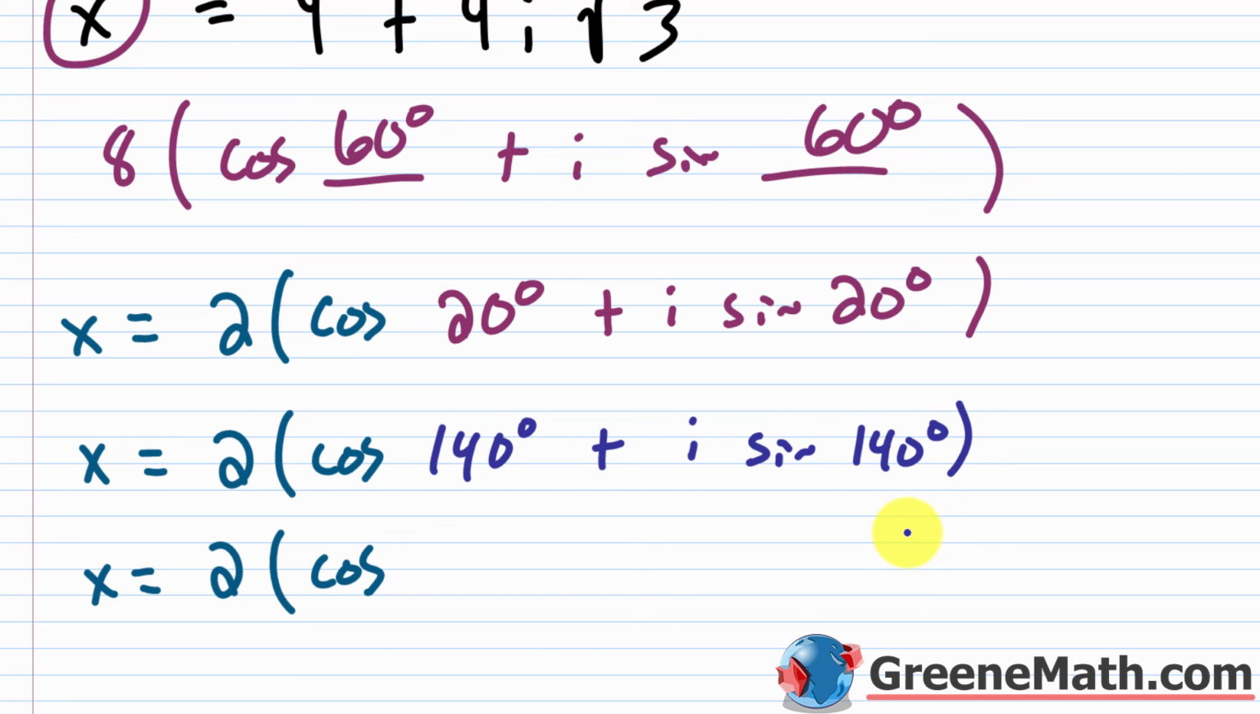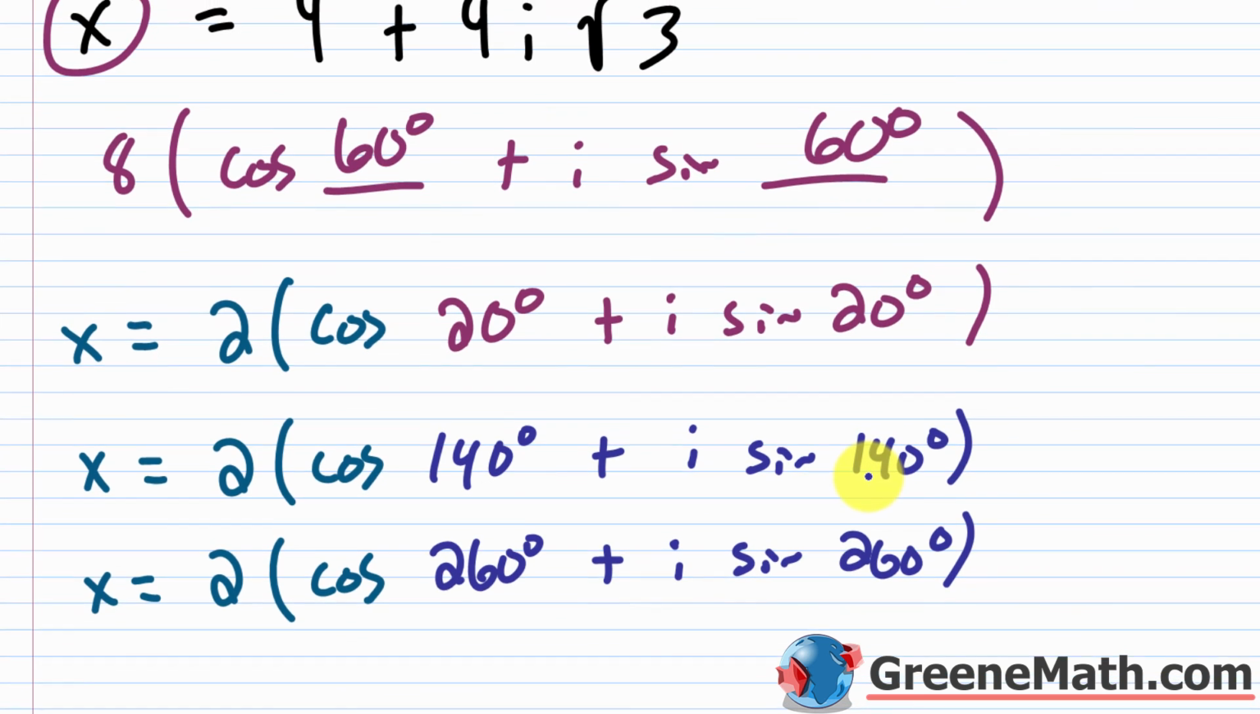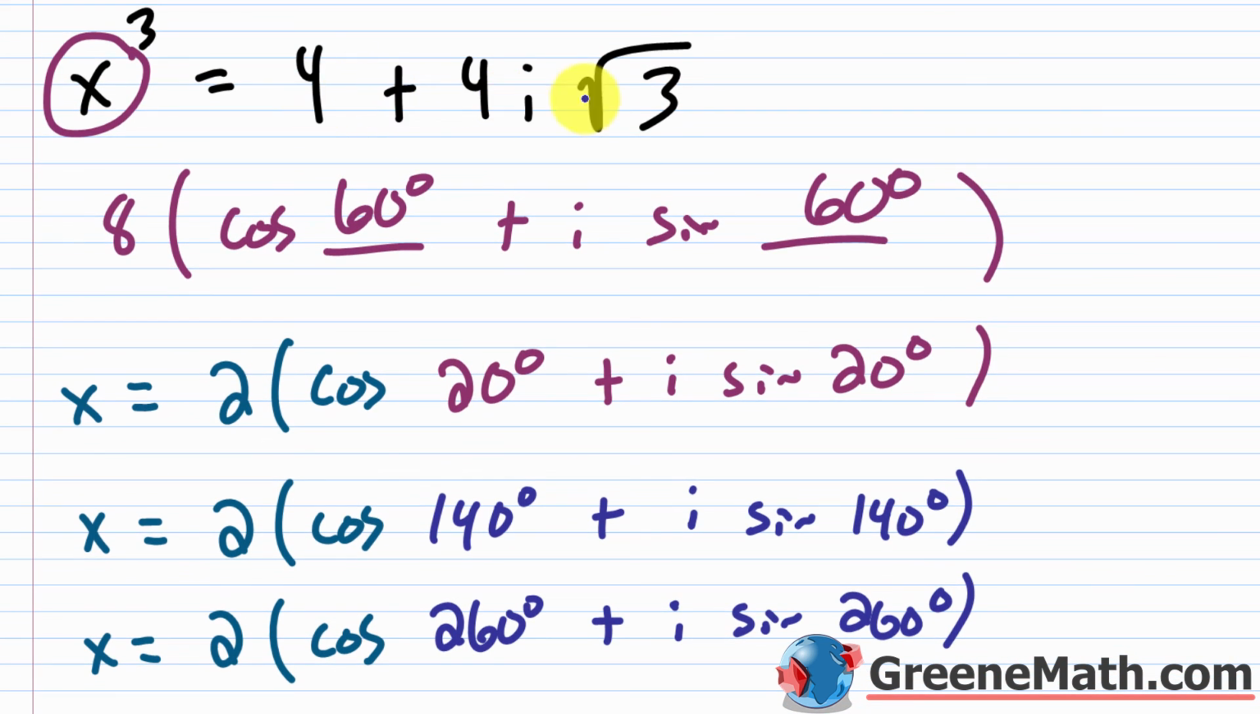So again, all I have to do now, I don't have to go through the whole formula again. You can if you want to, but you're just adding 120 degrees. So 140 degrees plus 120 degrees, that's going to be 260 degrees. Plus i times the sine of 260 degrees. All right, so these are my solutions for x. Again, in each case, I could cube this number, and I would get back to this 4 plus 4i times square root of 3. Now, if we want to graph this guy, again, the magnitude of each vector, or the